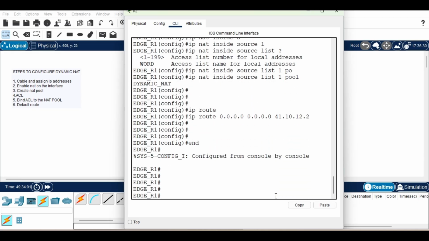So I'm done configuring dynamic NAT. The steps are: first, you cable your network and assign IP addresses. Second, you enable NAT on the interfaces, on the inside and outside interface. After that, you create the pool of public IP addresses. Then you create the standard ACL that shall be verifying